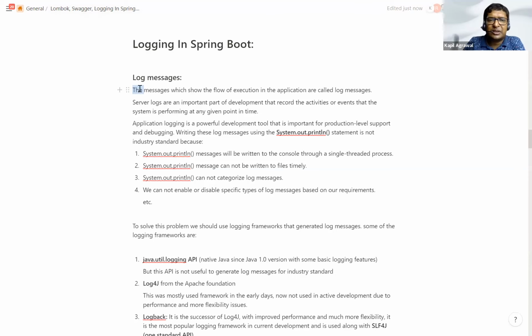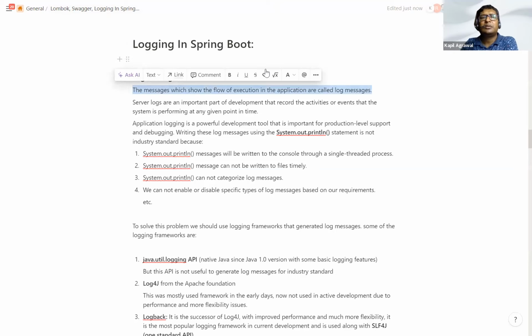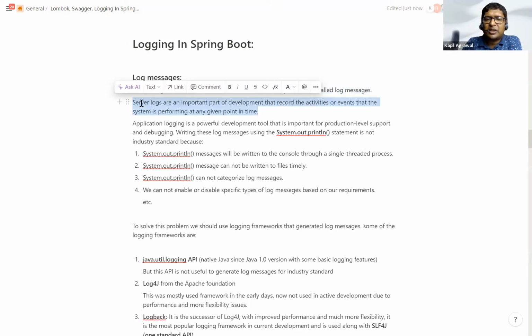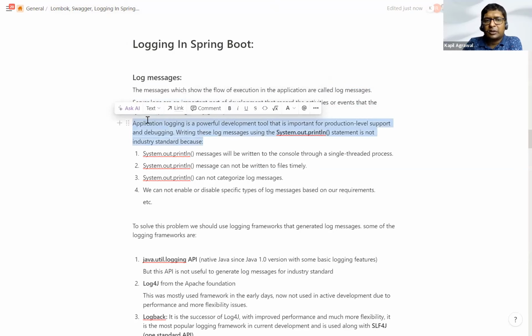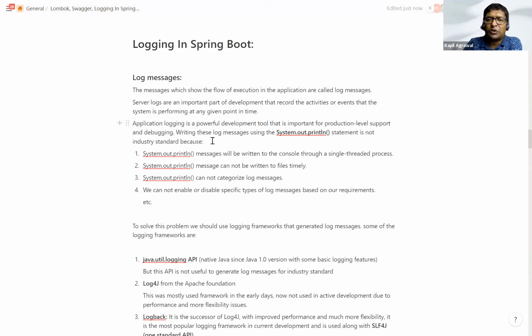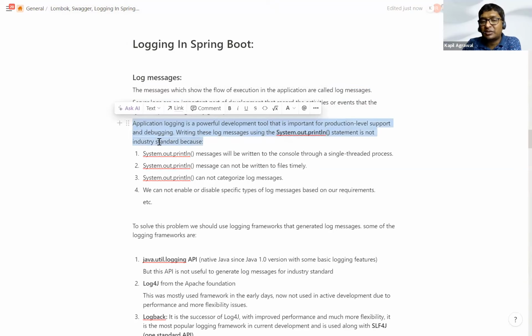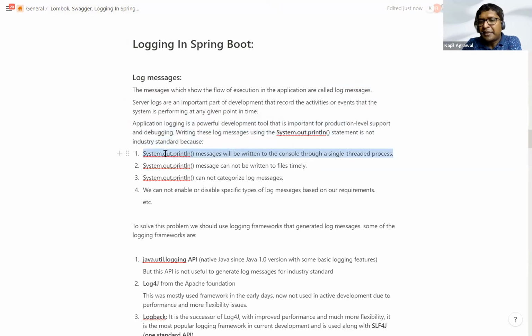The messages which show the flow of execution in the application are called log messages. Server logs are an important part of development that record the activity or event that the system is performing at any given point of time. Application logging is a powerful development tool that is important for production level support and debugging. Writing these log messages using system.out.println statements is not an industry standard because, first point,